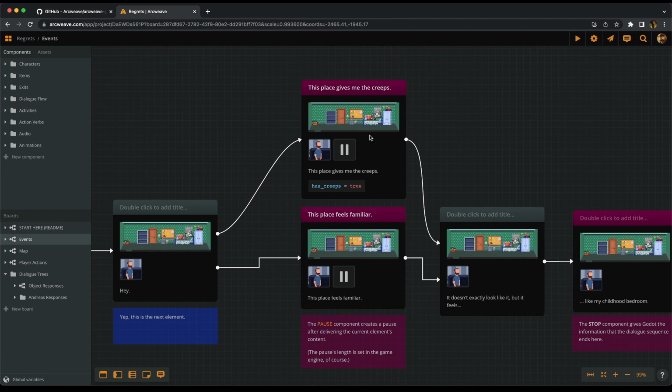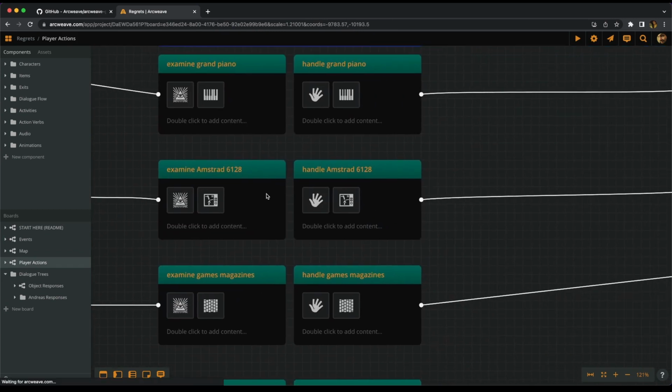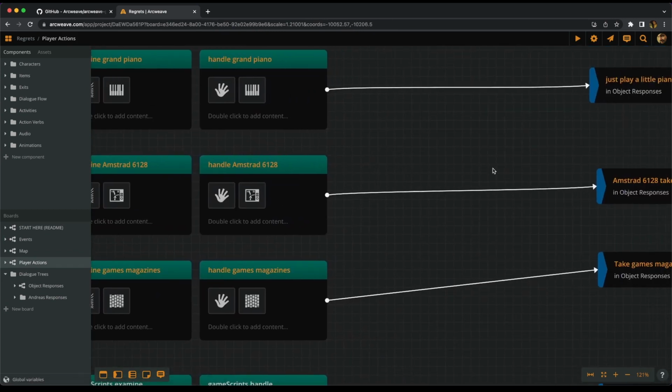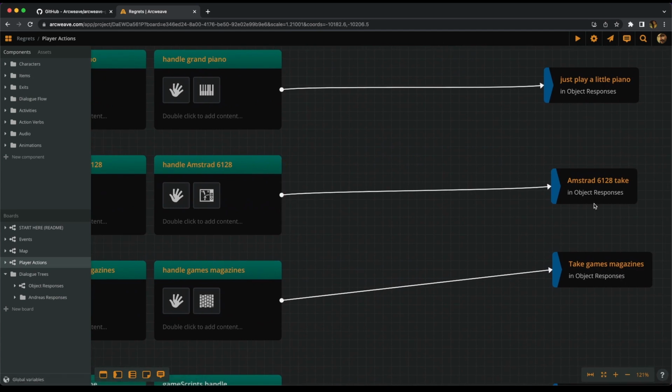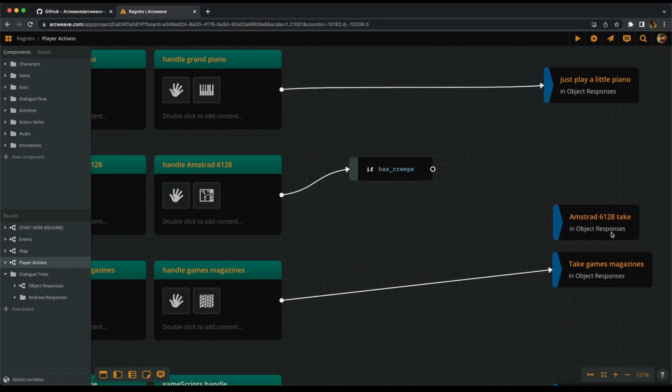So once we do that, we can go to our player actions board and find the element for handling the Amstrad computer. It's right next to the examine one. It's called handle Amstrad, whatever, and it leads to a jumper. So what we're going to do here is add a branch right between the starting element and the jumper. So the branch says if has creeps,